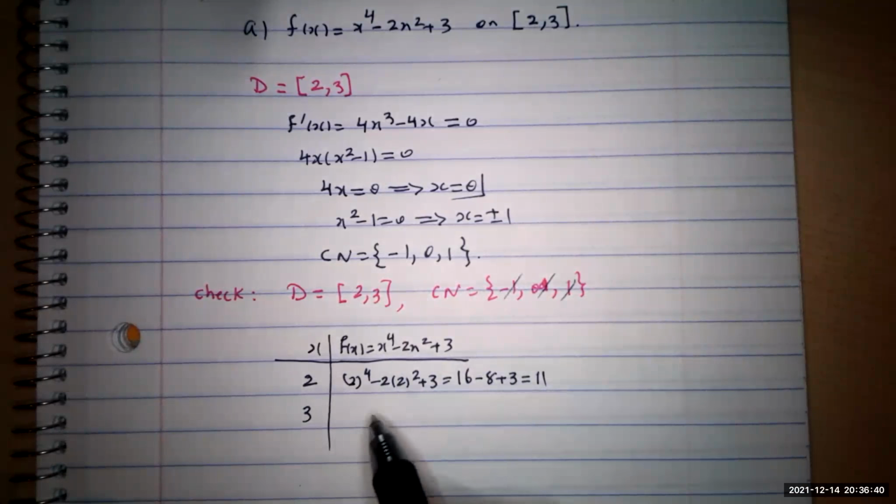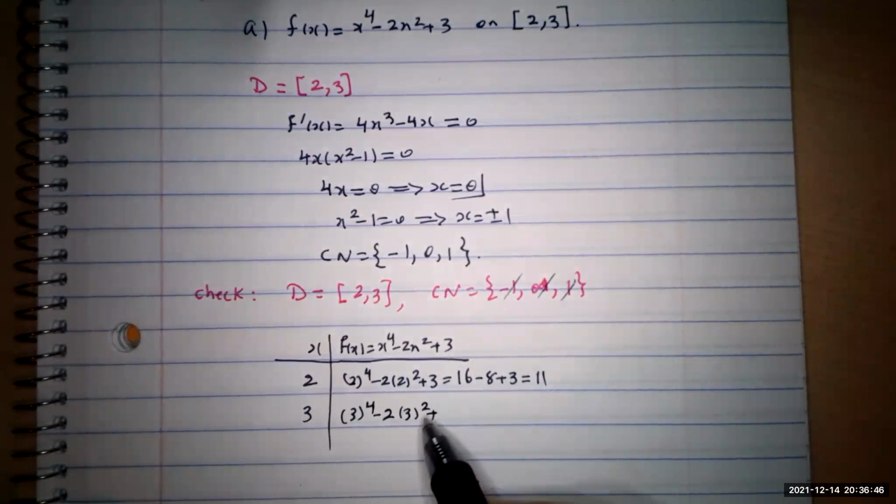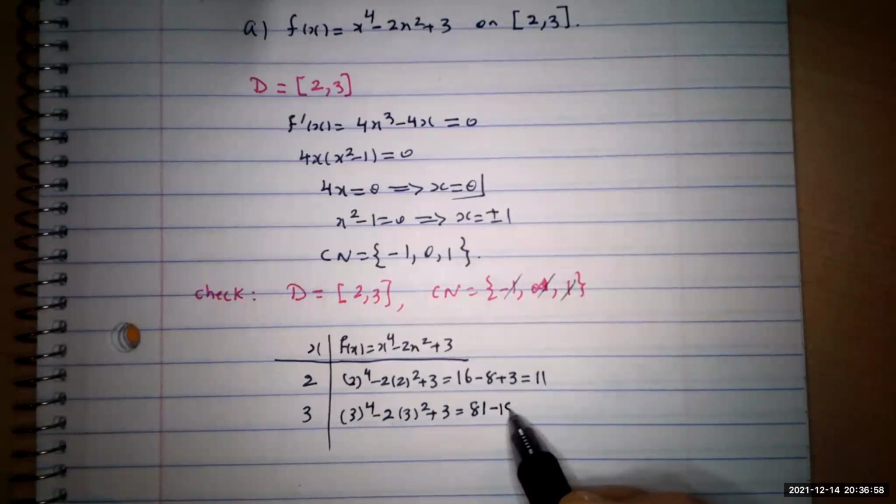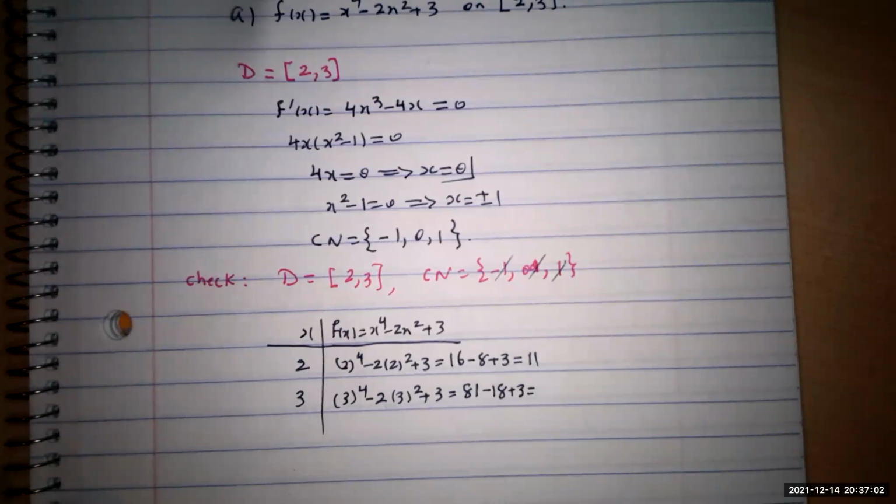Okay, and we have the 3 to the 4th minus 2 times 3 squared plus 3. 3 to the 4th would be 81. Okay, 3 squared would be 9. And that gives us 18 plus 3. So we just check this one. This is going to be,